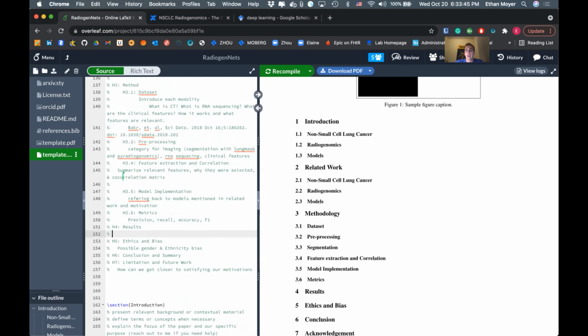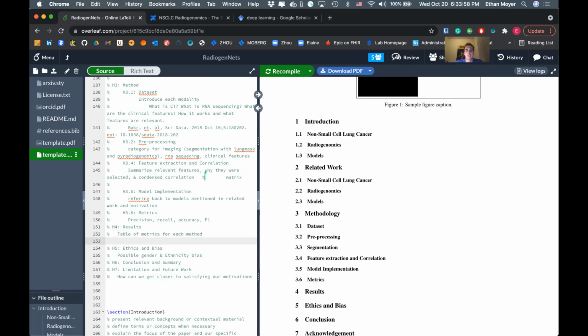Results, I imagine we're going to have a table of results for each method, so a table of metrics for each method. And I think it should follow with an explanation for why the best performing